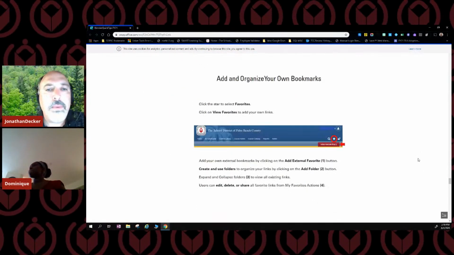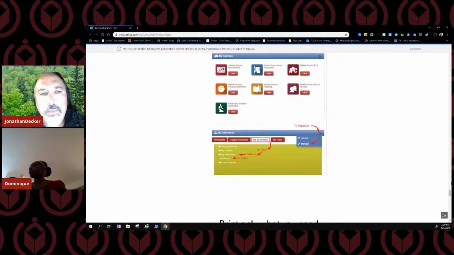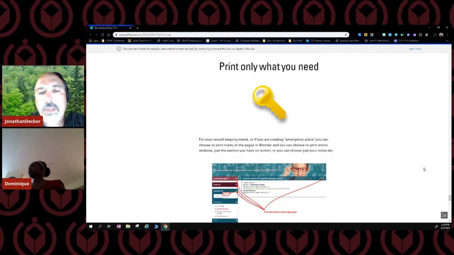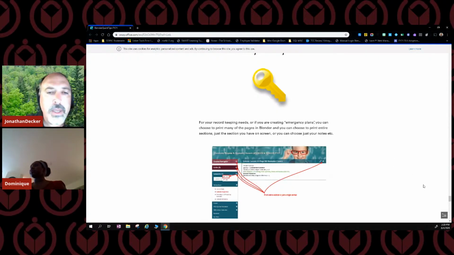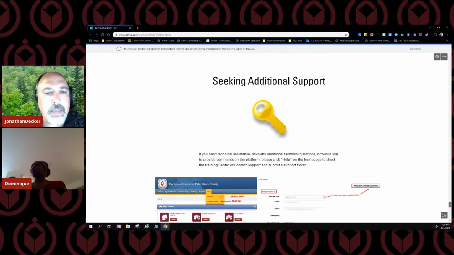All right, so the last little quick tip is to remind you that you can still print when needed. I mentioned you could print a My Note as a PDF. You can print as regular print dialogue within Blender. Just like you saw the gear to manage your courses on your homepage, there's gears throughout Blender that will give the option to print either entire courses or units or sections within it. We don't anticipate too much printing going on anymore, but that is still something that you should be able to do.